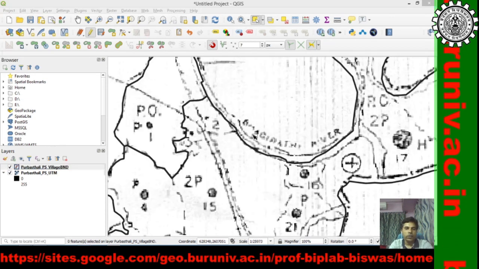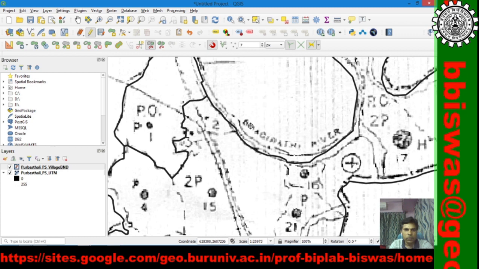Now we split for the second village, zoom to the second village, take this button, click a little extra and follow the village boundary, extra right click.